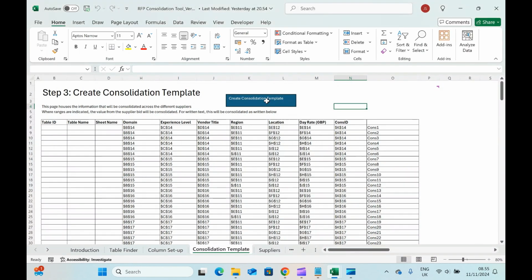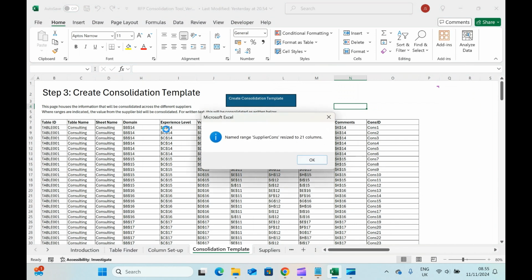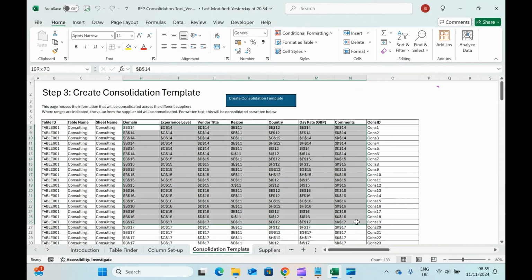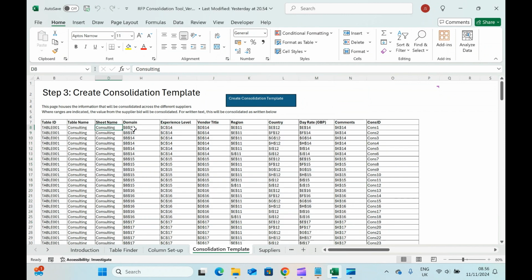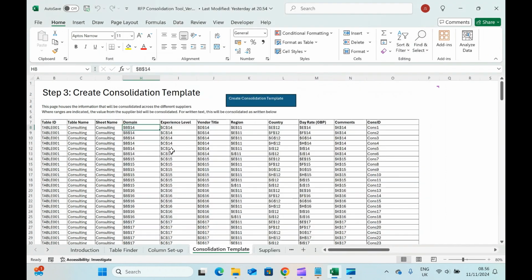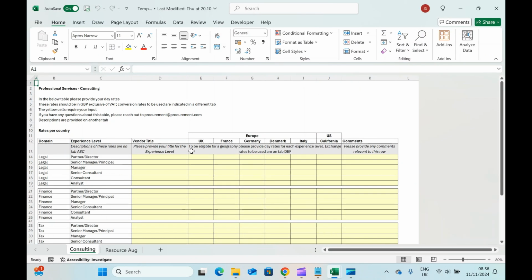Next step is to make that consolidation template. So you'll see that it has the same names at the top here as you just created, and some basic information, and then where you would find all of the pieces of information that you need to collect. So this top row, sheet name is consulting. The domain, if we just open back up this, might be a little bit specific, but this is going to produce a line in your consolidation, which is